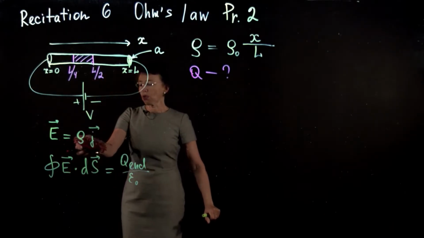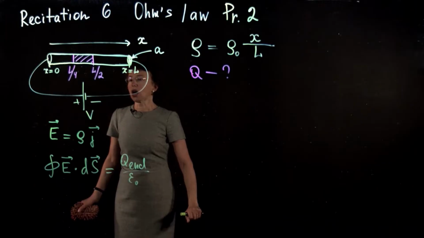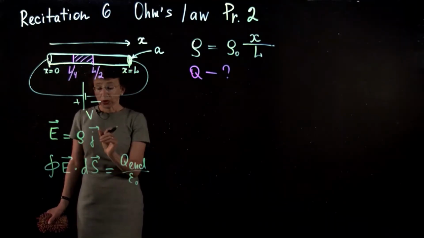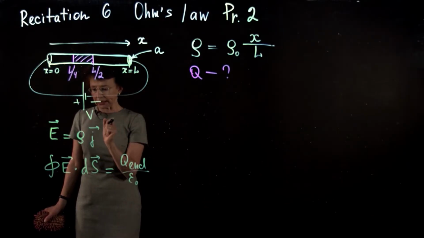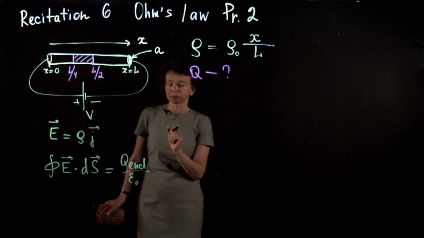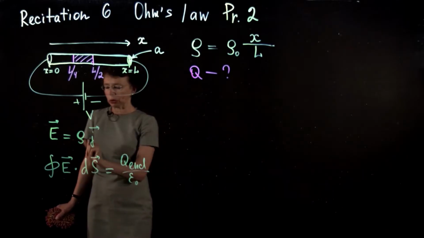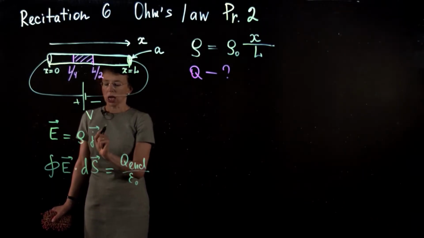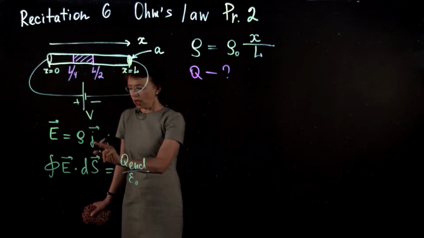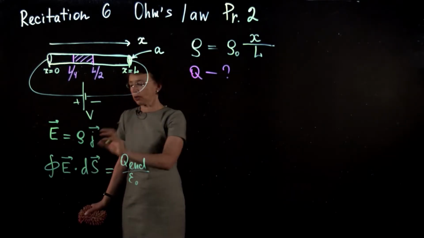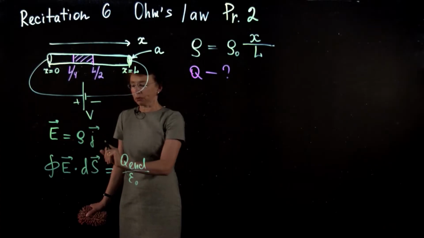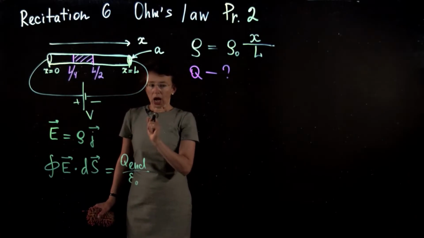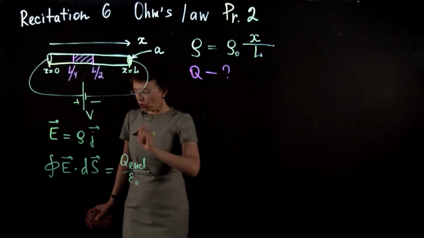Okay. First of all, we need to find the electric field. How to find the electric field within this wire? We already did it in the first problem, so I will move really fast and we will do it again. So I have E, which is rho J. If I knew J, then I just take rho that is given and multiply it by J, which means that I need to find J. How to find J? Current density.